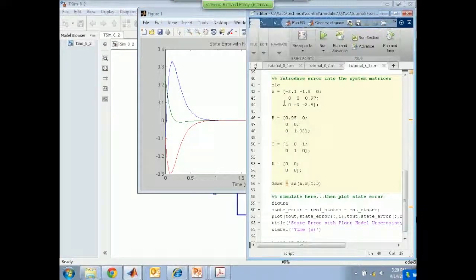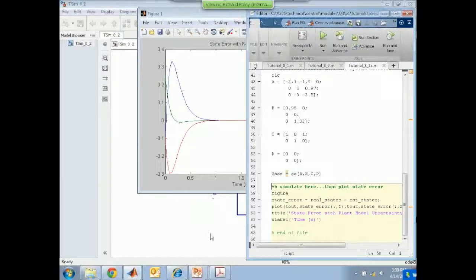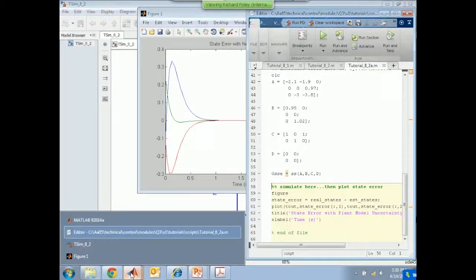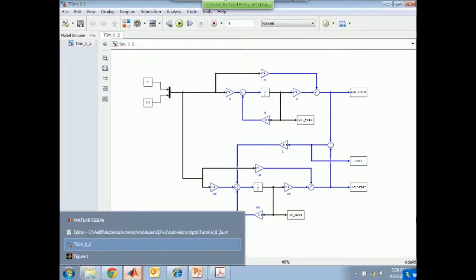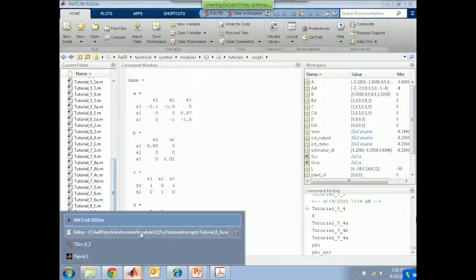Now what I've done is deliberately introduced some error into the system matrices, the state matrix and the input matrix, and created a system with some error in it. Okay, so I've been very Machiavellian and put some error in there. And now what we'll do is resimulate this, because now we've got a situation where the estimator has been designed using different matrices than the system actually has.